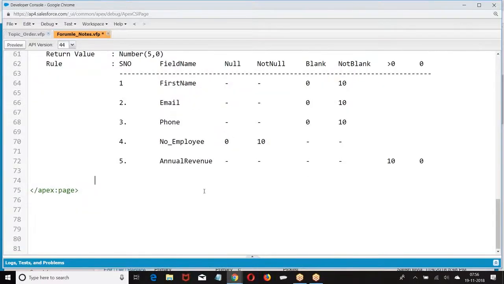Go to the first rule. If, what is the condition? Is blank of, if condition is first name is blank or not. If it is blank, true, give 0. Otherwise,